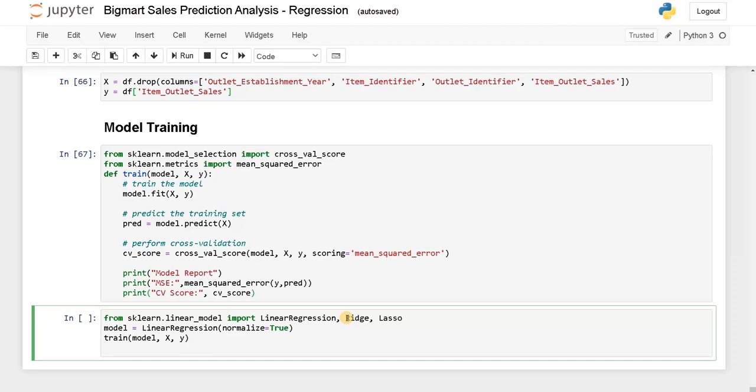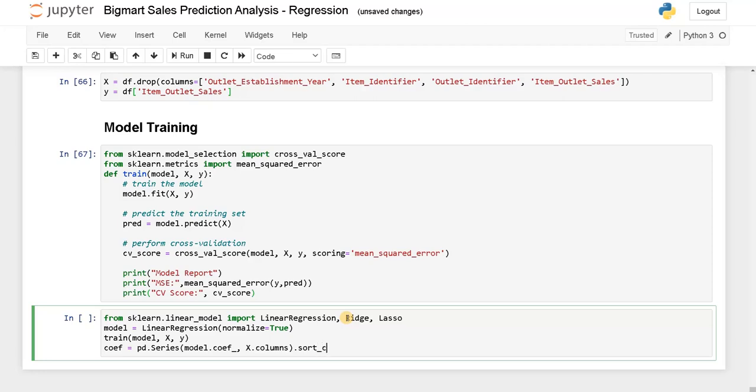After training the model, we can visualize the attributes which give more importance to the model. To do that, coef equals pd dot series model dot coef underscore and the labels, that is the columns, x dot columns dot sort values. If you don't sort values, the visualization will be improper.